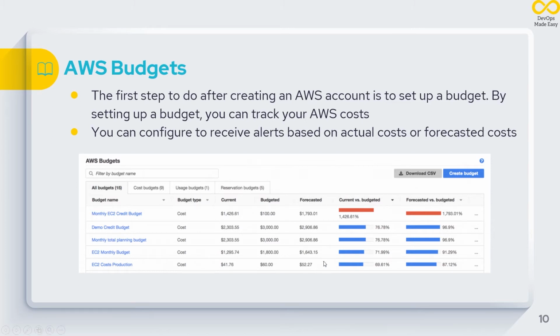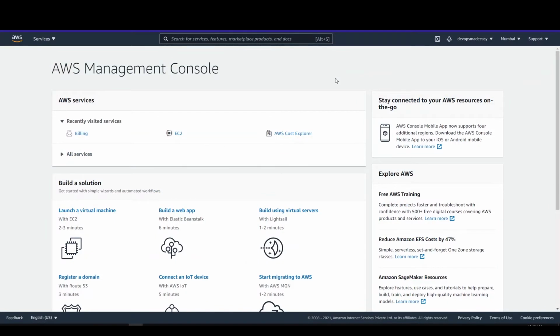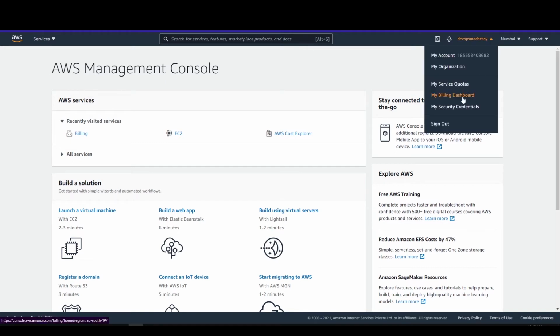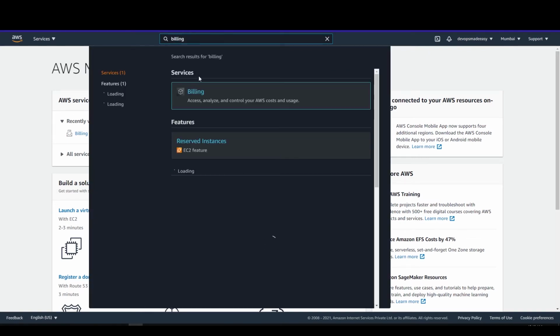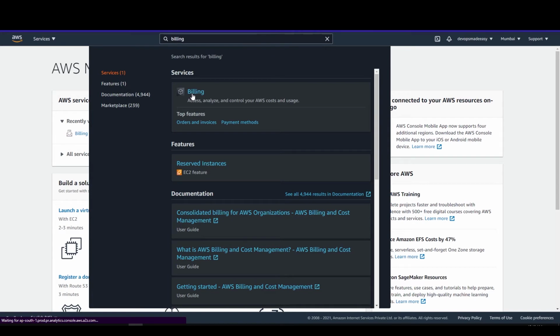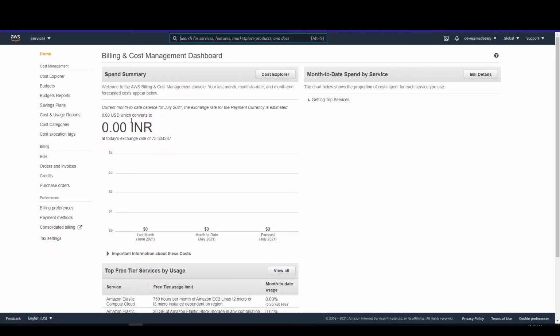So now we log into our AWS console and create a budget for ourselves. I'm in my AWS management console. In order to set the billing, you can directly click on the user account here and go to the billing dashboard, or you can search for the billing service and click on it. Both options lead you to the same page.